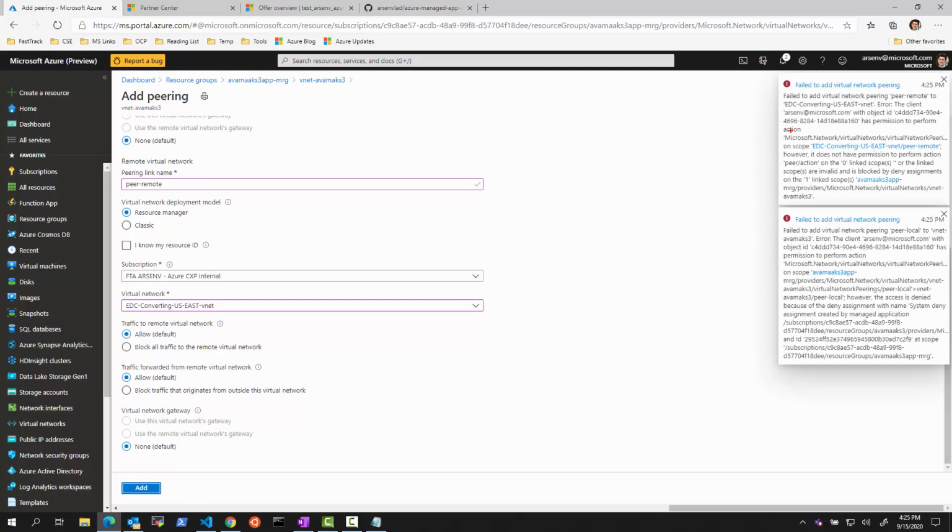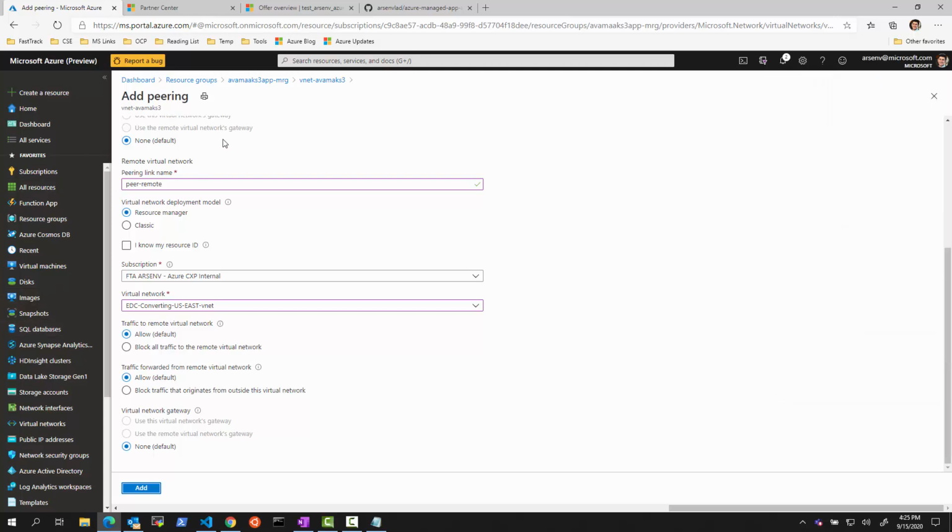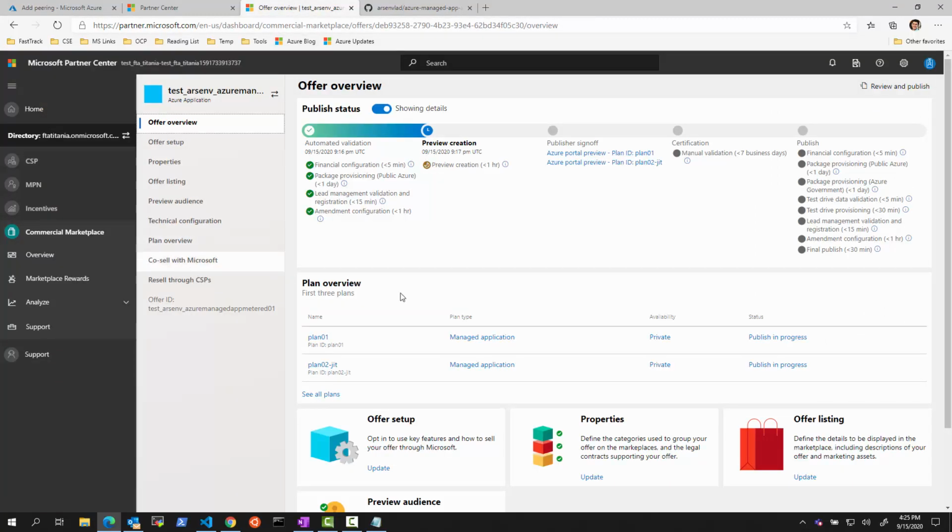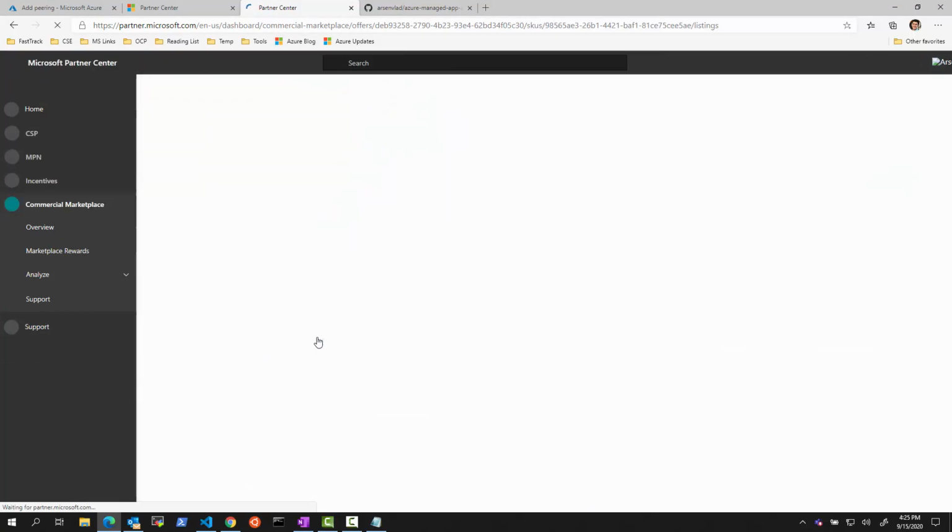I'm not able to successfully do this because even though I have permissions to do that, it says that there is a deny assignment right here to my local virtual network. So the customer cannot do peering now. So what can we do to make this possible? If we go to the plan definition,